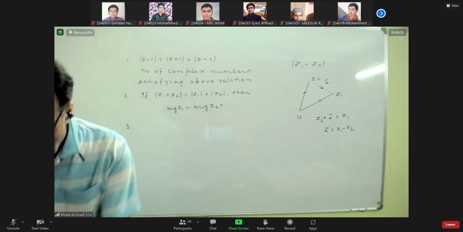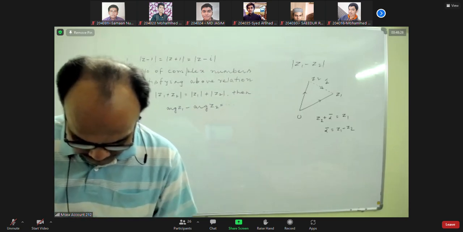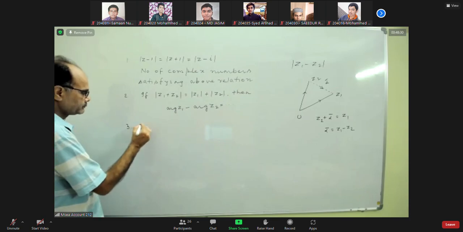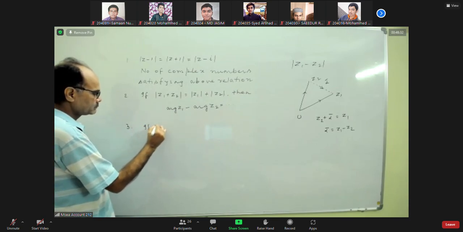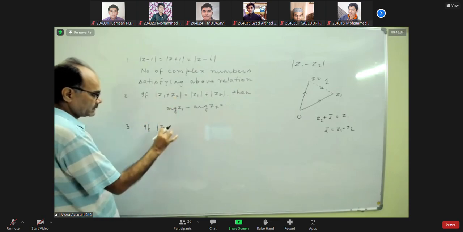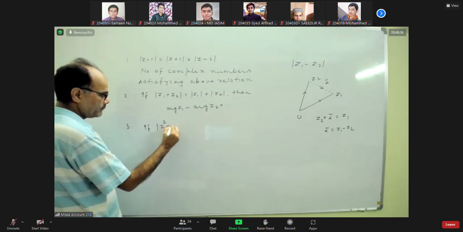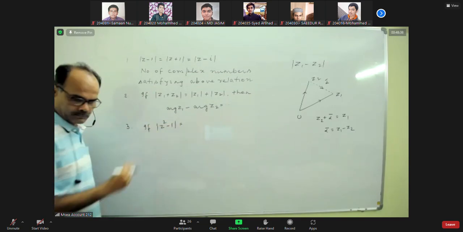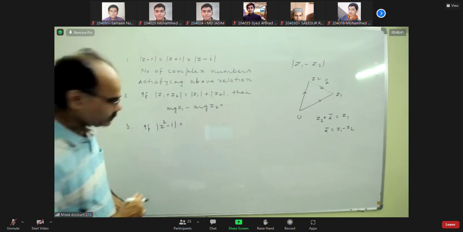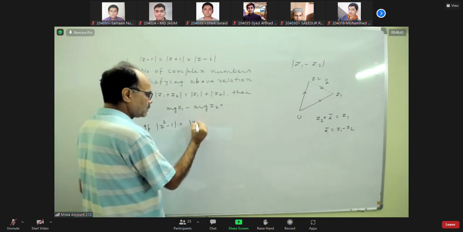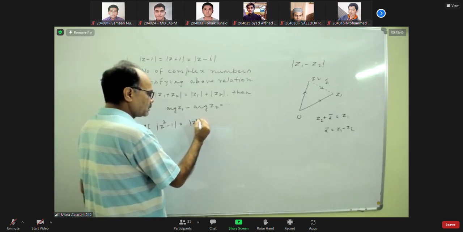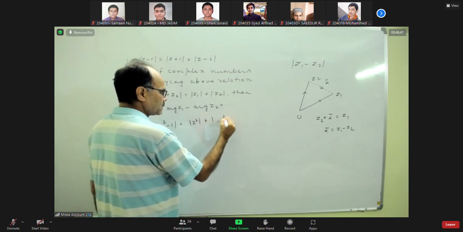Number 3. If this and this are the same, mod Z square plus 1, then